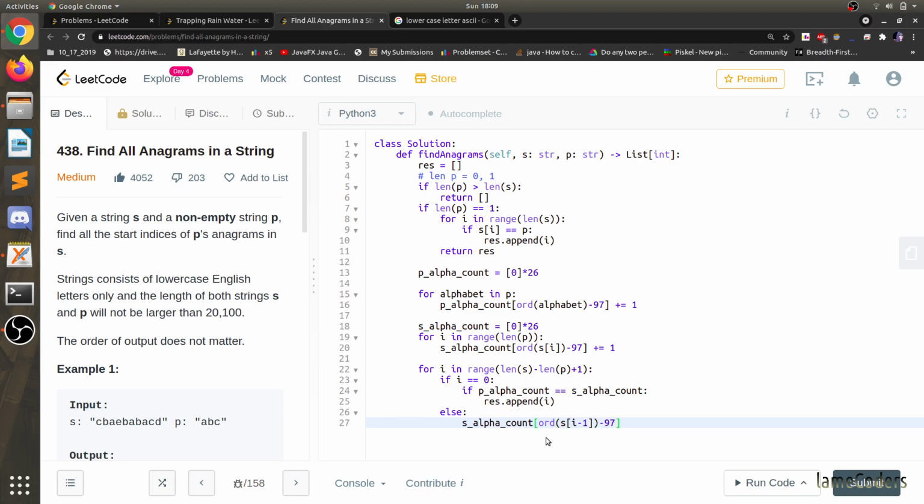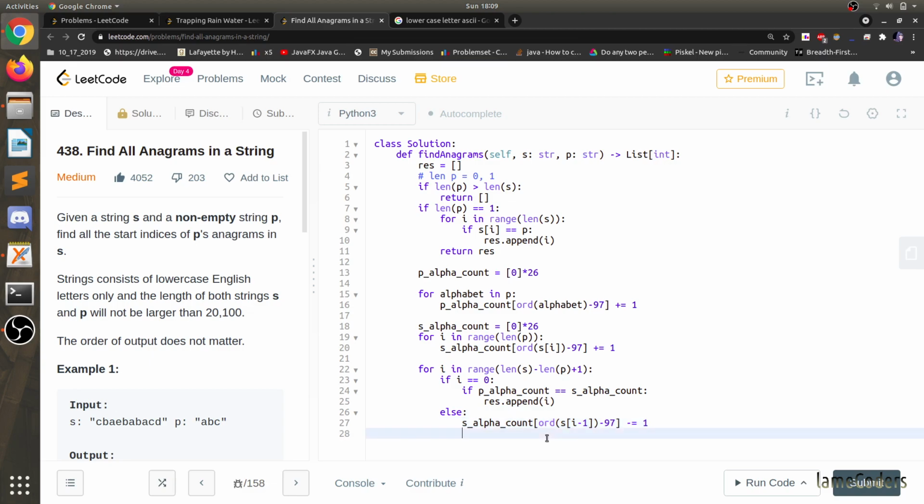What will this give? This will give me the previous order, and I have to do minus equal to 1 for this. I have to remove the previous from current and add the next to the current.